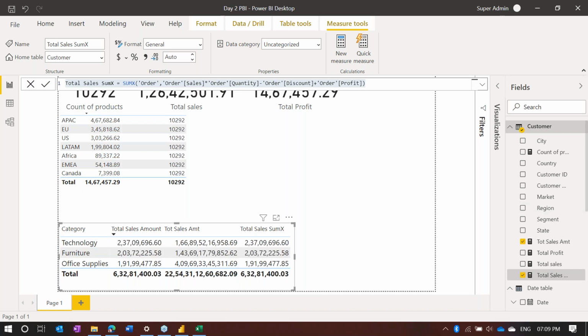Okay, so friends, here I'll give you one example. Just try it on your system. I'm going to wait for one more minute to wait for the answer. Okay, now what I would like to get is this same value, that is total sales amount, in the same calculation,